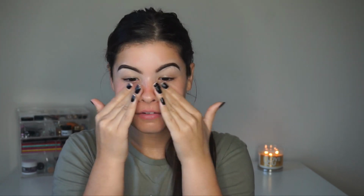I will be using my Clinique Moisture Surge, the Extended Thirst Relief, all over. I already exfoliated. I already took a shower and everything, even though it doesn't look like it because I look a mess. But I did already shower. So I exfoliated when I washed my face this morning, and I already applied another moisturizer. I applied the CeraVe normal to dry skin moisturizer this morning after I got out of the shower and after I exfoliated. So this is my second moisturizer. So my skin should be really moisturized,